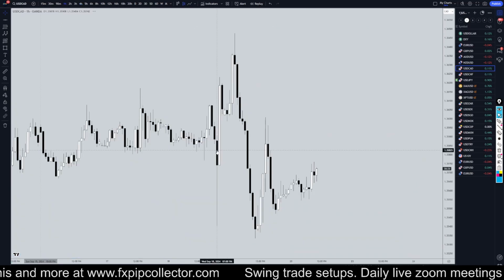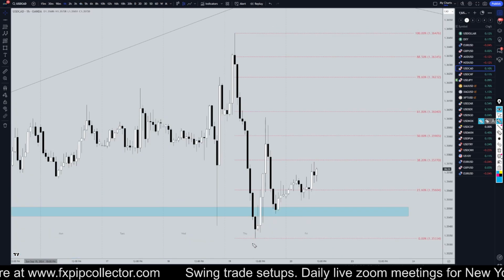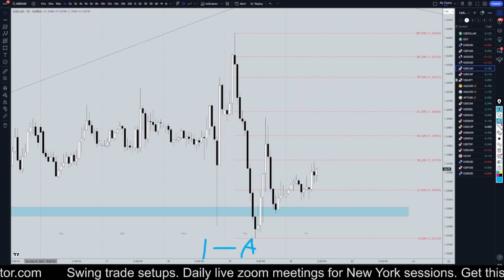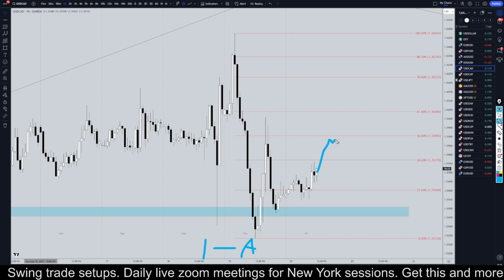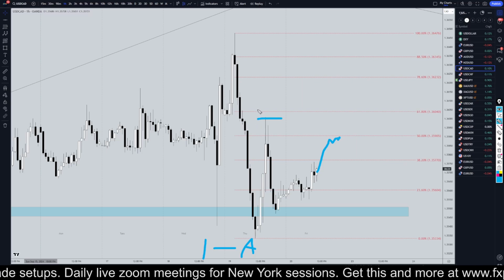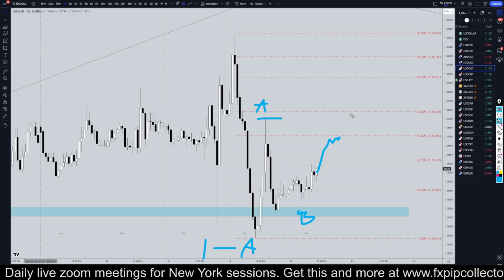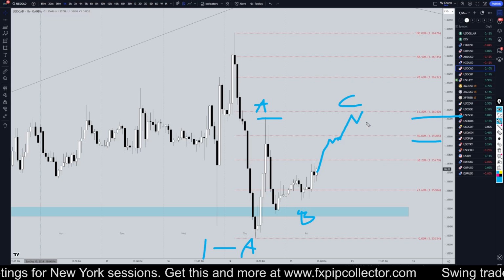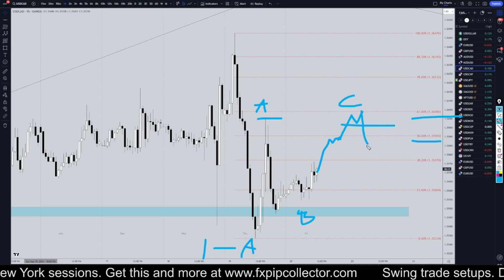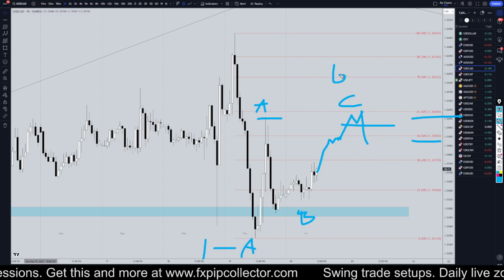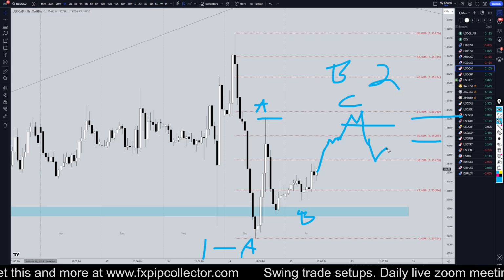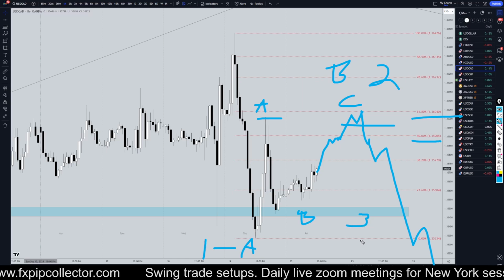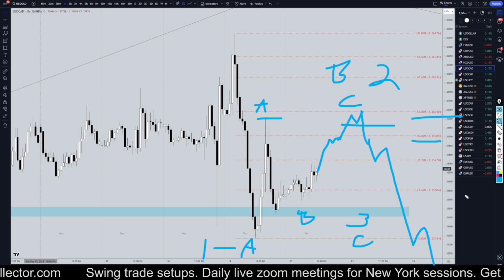So, taking it down to the 1 hour time frame, I think this move down is a wave A or possibly wave one. We always got to look at both sides of the coin. I think we are likely going to drift up, probably at least take out these highs, or at least make an equal high. I think this is an ABC correction. I would be paying very close attention to these two Fibonacci levels for a Fibonacci bounce, for a break of structure, for possibly the end of either a wave B or a wave two, and then go short. And while you're short, hopefully you can learn and earn at the same time, whether this is a wave 3 or whether this is a wave C.